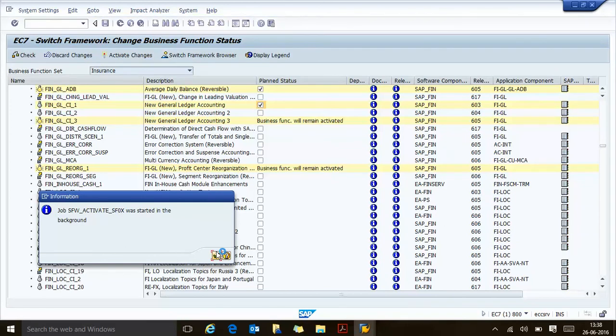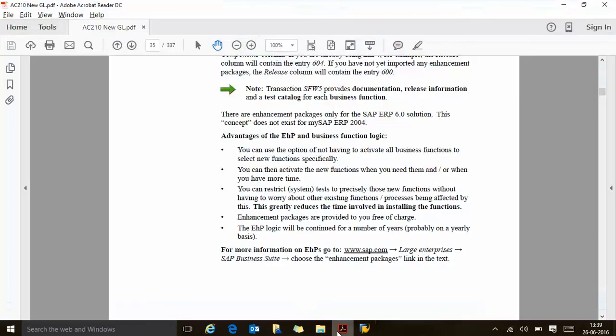So I'm trying to reactivate because it shows not yet activated. I don't know why it took so much time and then it says not activated. We'll try again. In the meanwhile, let's talk about